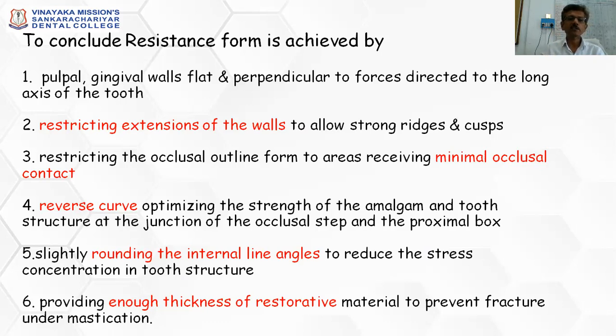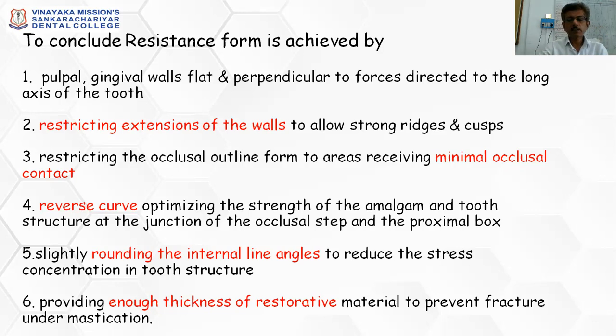Now, how does this fracture? A lot of reasons are there. One of the most common reasons is that you have not rounded the axiopulpal line angle, and then what happens is that when the patient starts biting, the stresses tend to go and hit these areas, and there's an oblique direction of forces being transmitted right into the isthmus area. That is the marginal region that lies perpendicular to the gingival seat. This leads to its collapse.